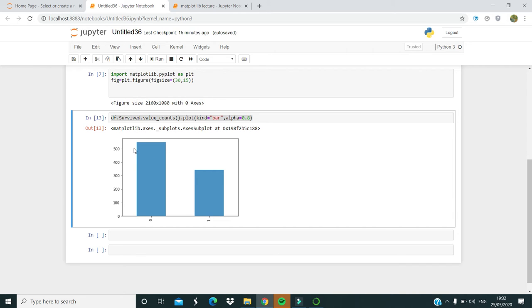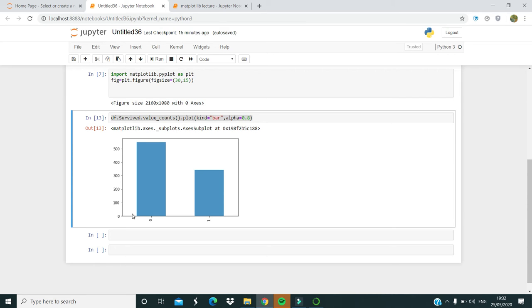From here we can also see that approximately 500, if this is 500, let's say it's above 550, have died and approximately 350 are still alive. Okay, from the bar chart I can see that. Let's say I want to see it in a percentage way. Here we are seeing the number of people died and the number of people still alive.